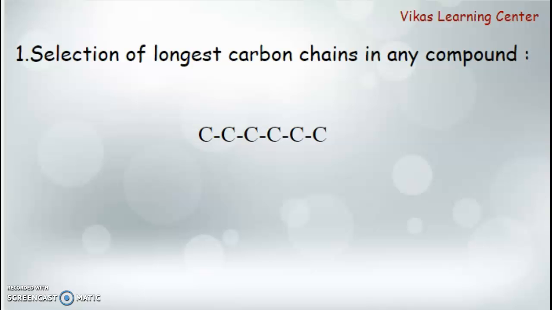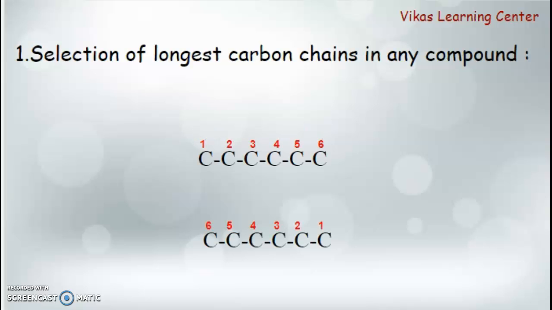So, the first step according to the rules provided by IUPAC for naming any organic compound is the selection of the longest carbon chain in any compound. So here goes an organic compound. You do not find any other atoms mentioned in this organic compound except the carbon atoms. In this case, consider the other positions of this organic compound are occupied by hydrogen atoms. So here goes, this is the longest carbon chain in this organic compound, and it consists of 6 carbon atoms.